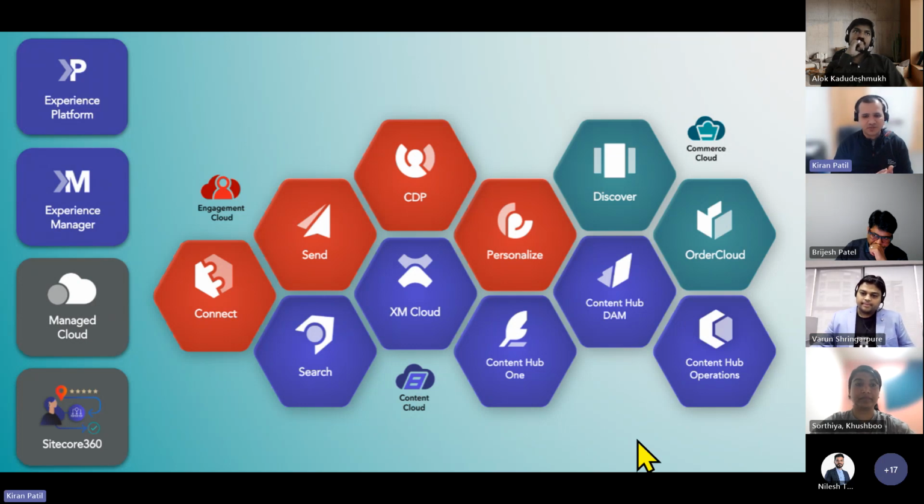Awesome. Thanks for explaining. So if I understand right, the philosophy which we implemented is kind of crawl, walk, run. You just don't start running. In the first phase, crawl, and then you walk and then run. For the crawl phase, you can use the XM Cloud's embedded personalization, which provides some out of the box rules, including the geo and UTM parameters, which can help you see the benefit of personalization. And then, if you're seeing the benefits and once business is seeing the revenue, you can move towards more advanced products like Personalize. Correct, Varun? Yep. Okay, awesome.